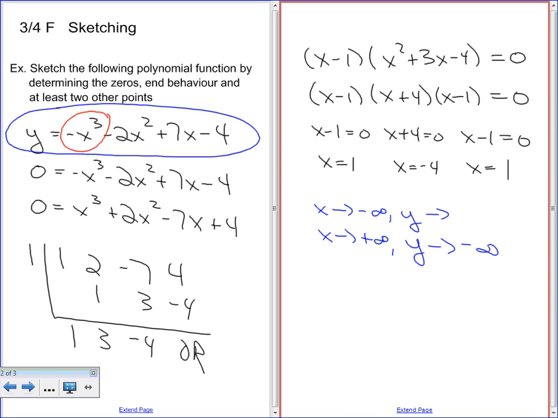Okay. And then he said, because this is an odd degree polynomial, they're going to have opposite end behavior. So really, I don't even have to figure the other one out. It's going to go to the opposite side. But if you forgot that, you could still use that mental math. Negative infinity means that it's a really big negative number. A really big negative number to the power of 3 would just be an even bigger negative number, and then multiply it by the negative in front would make it positive. That's going towards positive infinity. Make sense? Okay, so now I know that